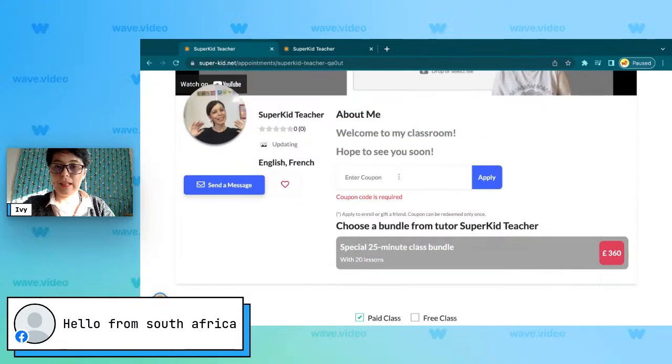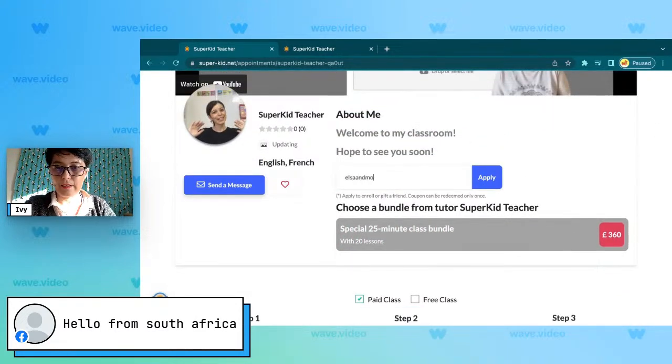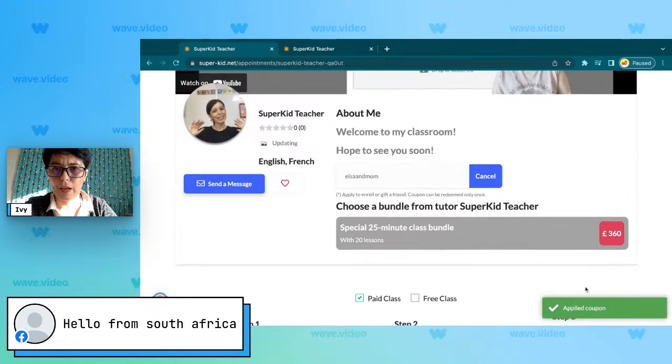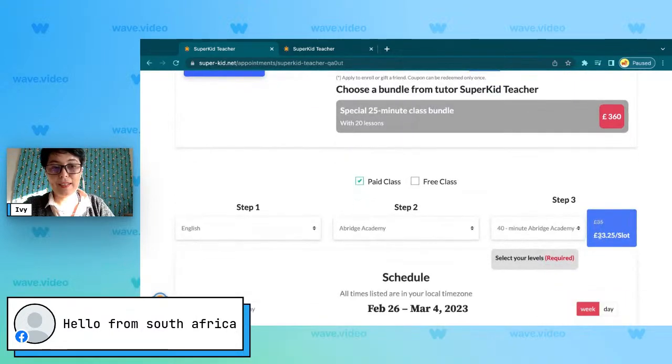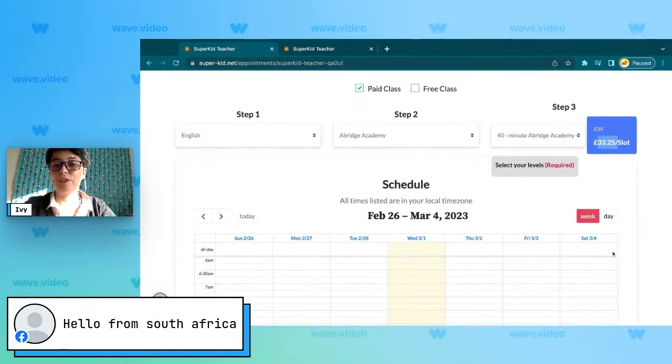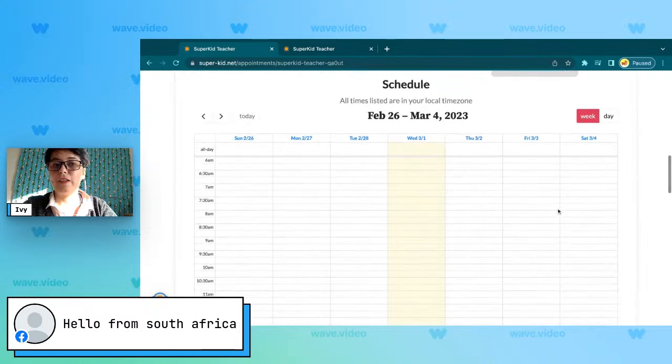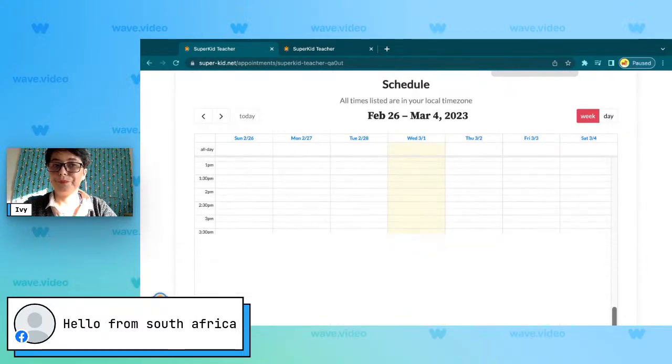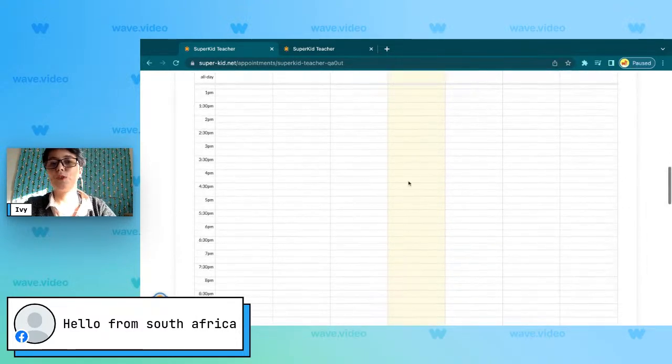Once I enter the class coupon, it was Elsa and Mom or Elsa and Mommy. I don't remember really. Let's try both. Yes, applied coupon. Now you see my student actually got a 5% discount. This way you can really use the coupon feature to reward your students or to offer them